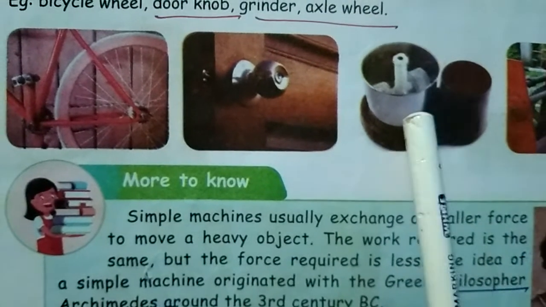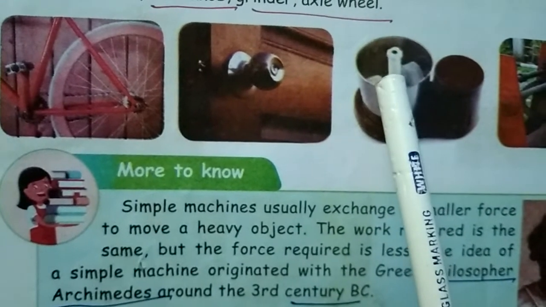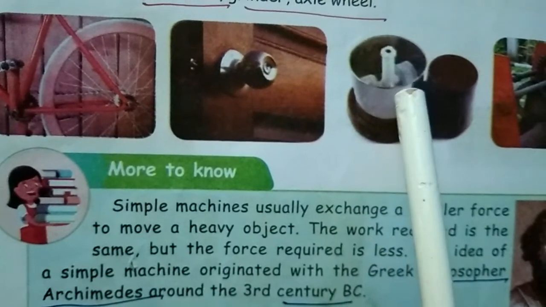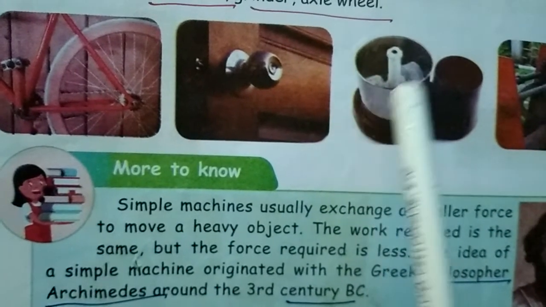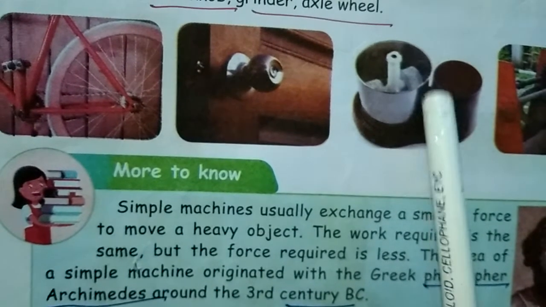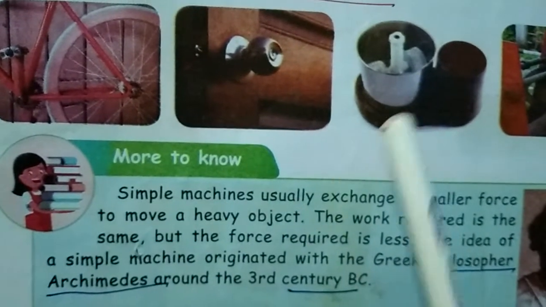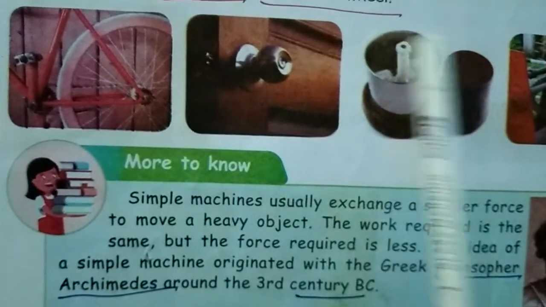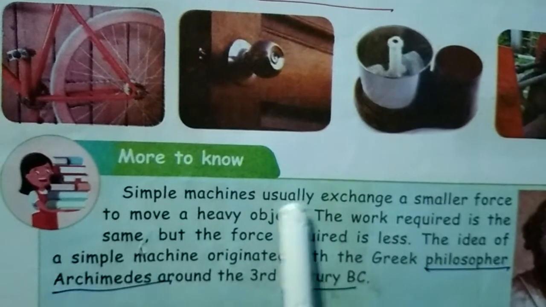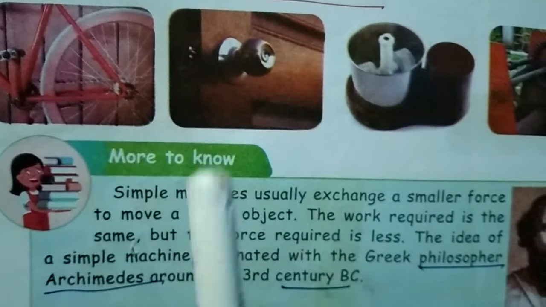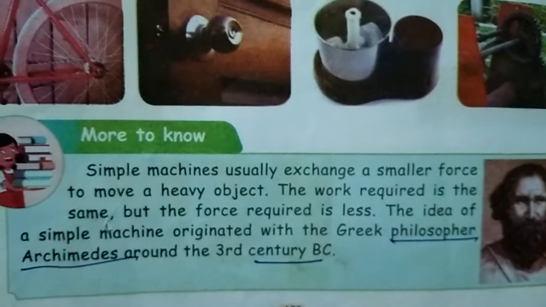But nowadays they are using a flour machine, that is a grinder. So in grinding, it makes our work easy. The heavy work is done by a smaller force. There is one motor using the smaller force to grind the flour, so we get the flour. So these are the simple machines. They use a smaller force to move heavy objects. So we are doing heavy work by using smaller forces. That's what we are exemplifying from the Greek philosophers.